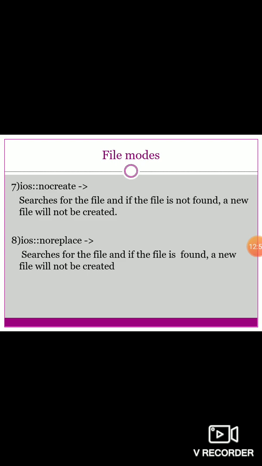So these are all the file handling modes which we can use while opening any file. So in this lecture we saw how to open and close any file, as well as what are the different file handling modes which we can use while opening any file. Thank you.